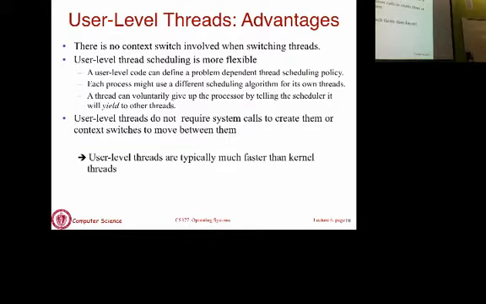Now, if you pick kernel level threads, you are going to be stuck with whatever kernel level CPU scheduling policy is implemented in there. Unless you have source code access, you can't change the CPU scheduler, and literally changing the policy is not something anyone typically does. But picking between different libraries that implement different policies, certainly you can do. So it's more flexible because you can decide which scheduling policy you use independent of whatever the OS is doing. The OS will implement its own policy. You can pick the library that implements the policy you need for your application.